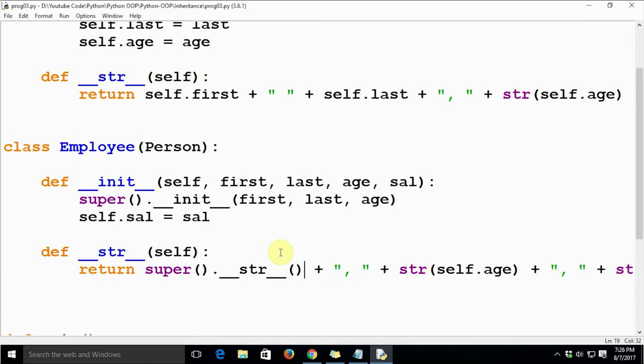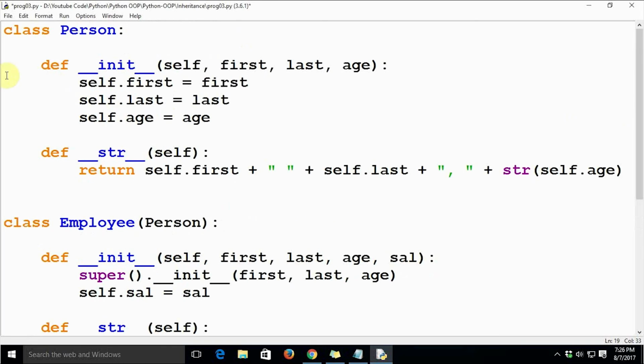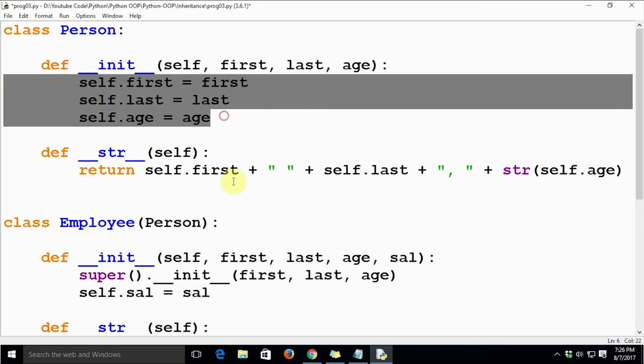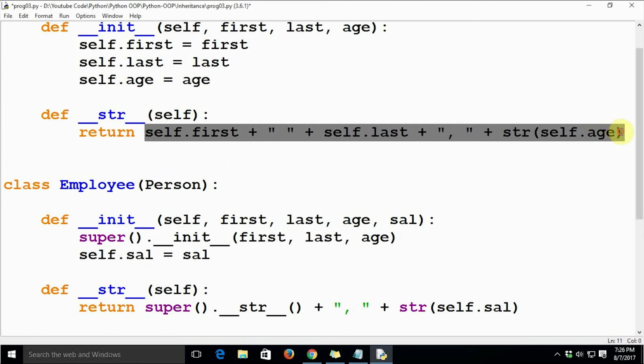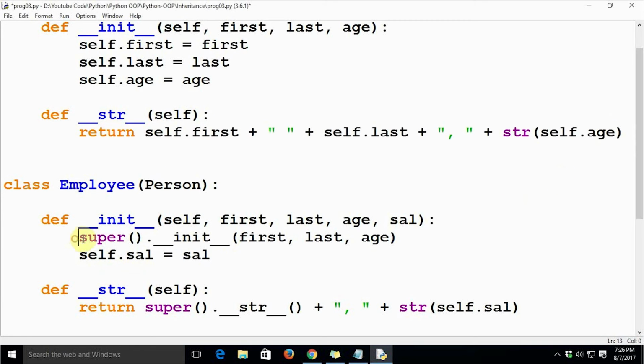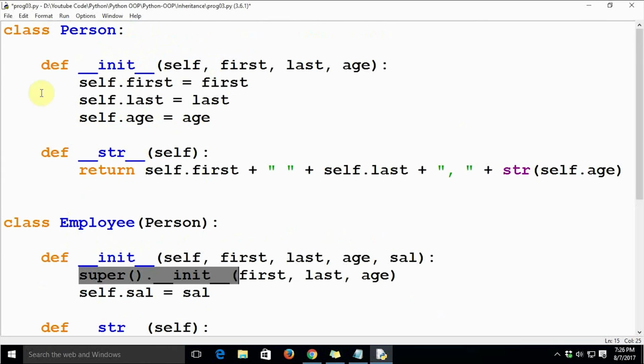The only thing is that we have saved a couple of lines of code, and we have made our code more readable, as well as reduced the number of lines of code, and essentially we are reusing the code itself. So we are using these 3 lines of code, as well as these lines of code, so we do not have to repeat ourselves. Whenever we say super dot init, it is going to call these 3 lines. All these values, first, last, and age, will be assigned to self.first, self.last, and self.age.